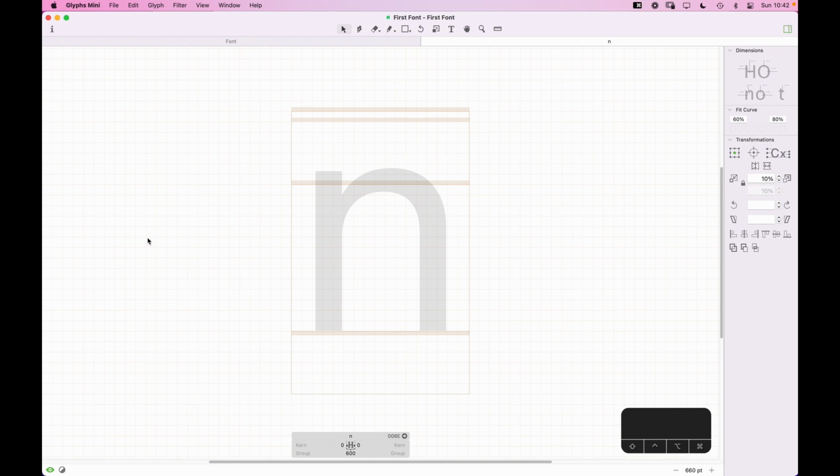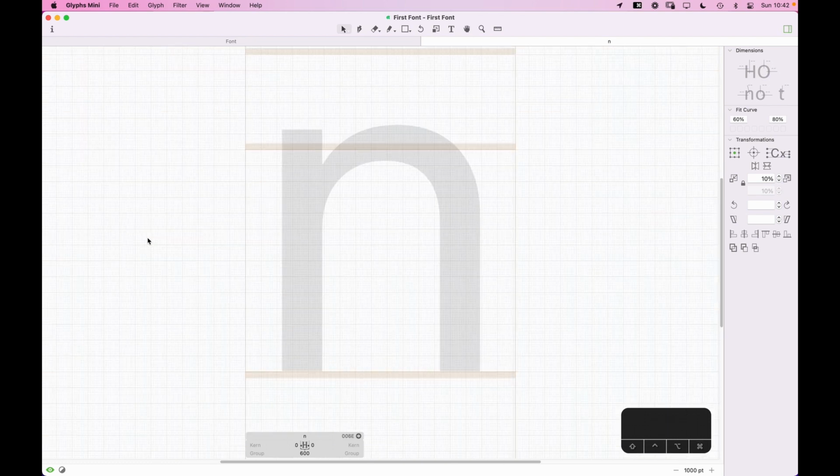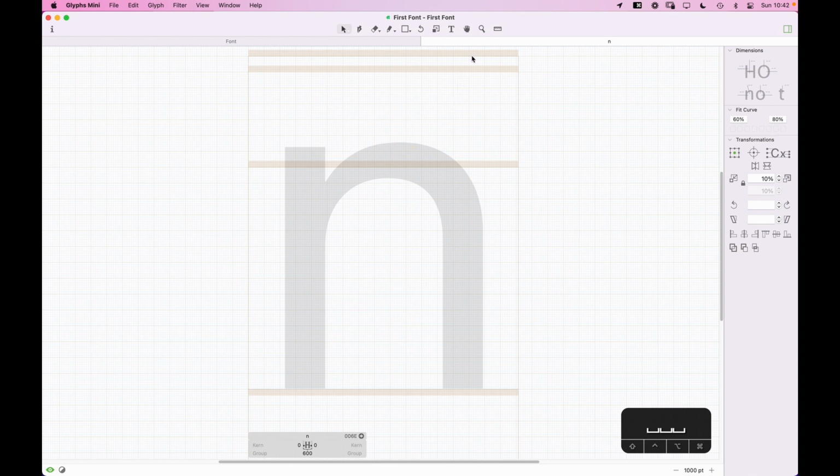Now you notice when I click in here that we've got a few bands across the top of the screen, and these are those alignment zones that we were looking at a little bit earlier, those 14 units. That's what creates these bigger bands here. And the idea is that there's kind of a fainter line that you can see to one side of these, which is where things like our straight lines are going to go. So the vertical stem of the N here is only going to go to the bottom of this band and